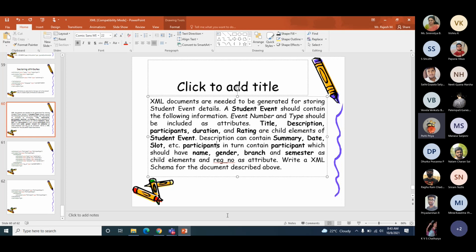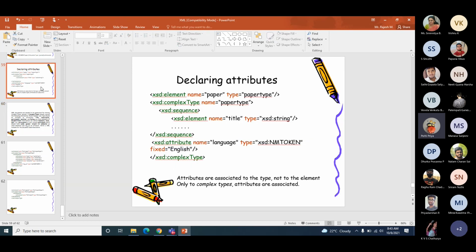We have a separate date type, I think, so you can declare it as date. Okay. I mean, yes, sir, there is no trouble with that. As it is not very specifically mentioned, we can assume they are strings. So summary, date, slot. Do we have a type for date, sir? Do we have a separate type or something for date, sir? I don't remember properly.